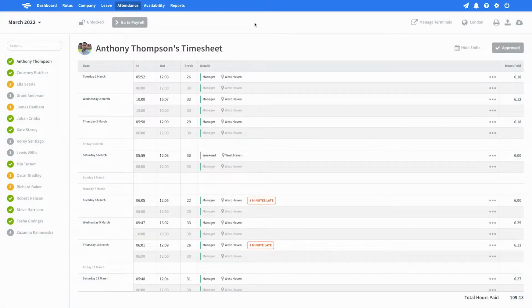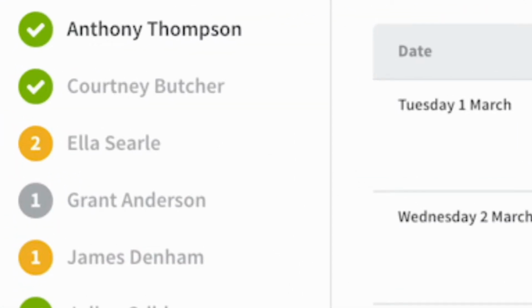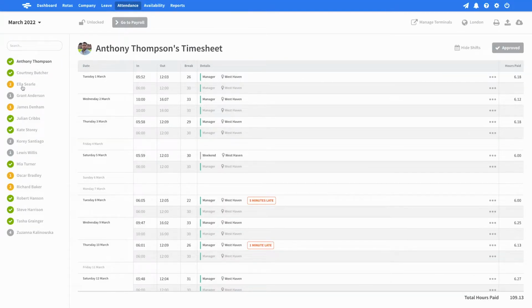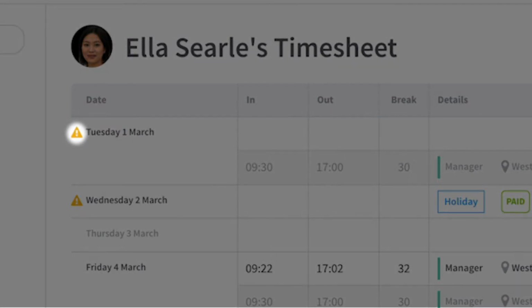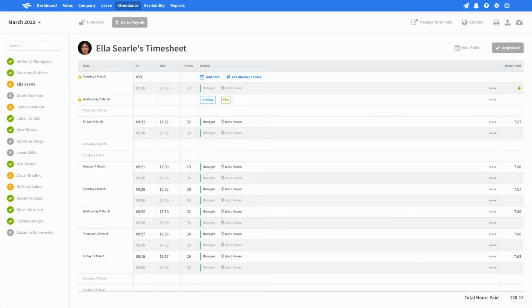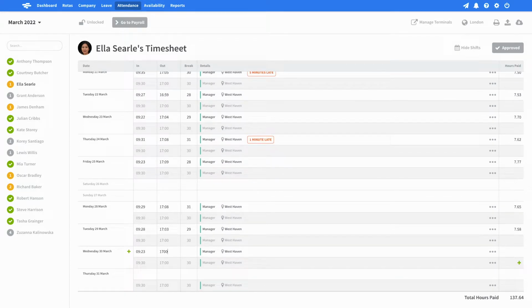As well as the grey icons, a yellow icon denotes missing information on a timesheet, and this one's more important when it comes to paying your employees accurately. A warning icon will show next to each area of the timesheet with missing info. To see more about what's missing, you can hover your mouse over this icon. This can be a forgotten clock in, clock out, or an entirely missing record. To correct any of these issues, enter the missing info by typing into the timesheet.